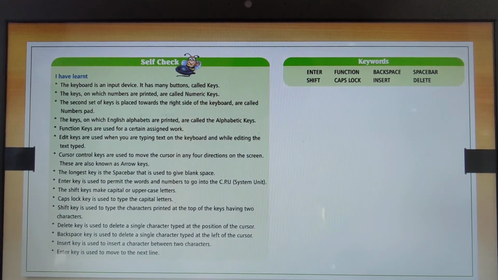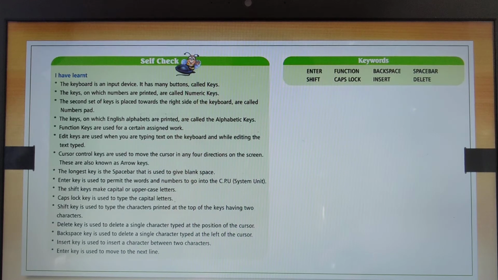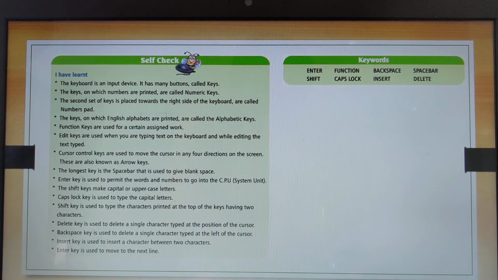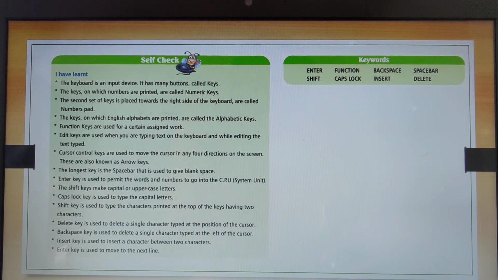By now, what have we learned? With this, we come to the end of the chapter. It is more about practicing in this session. You will just learn to place your fingers on the keyboard in the proper place, and practice it again and again. Clear? So till now, what have we learned?